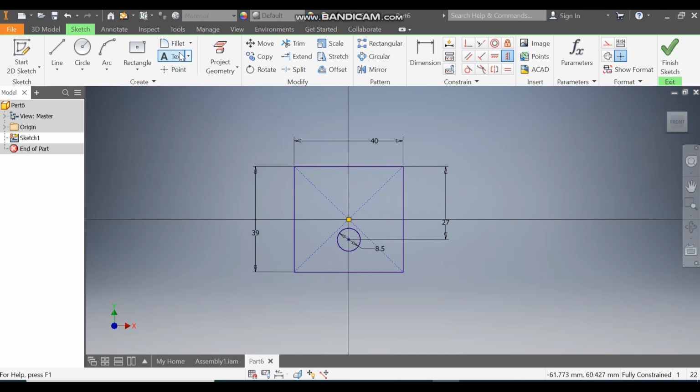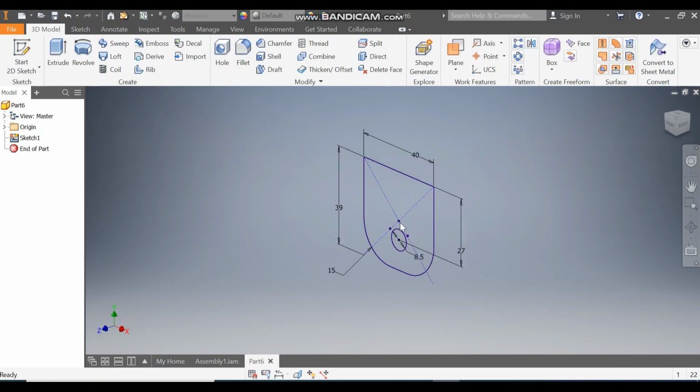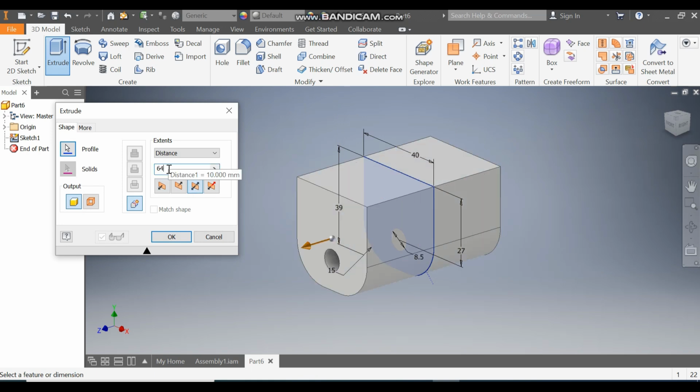Now go to fillet command, take fillet radius of 15 mm and here we'll select this corner and select this corner. Finish sketch, take extrude, select the profile, take symmetric extrude and here take distance of 64 mm, okay, and